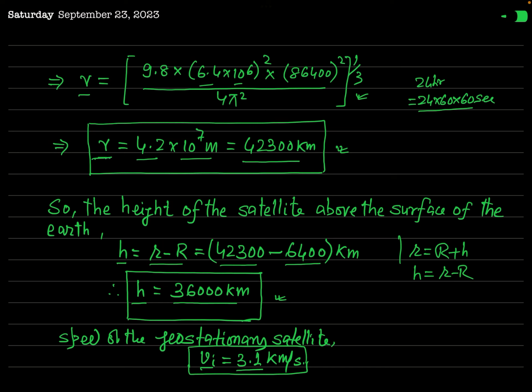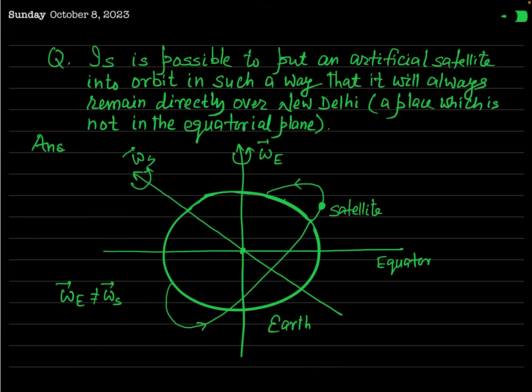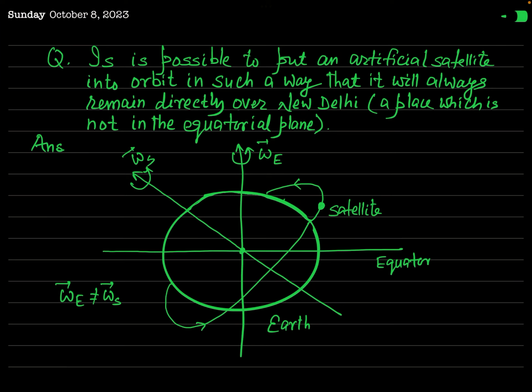Radius of the orbit of the geostationary satellite, which is 42,000 kilometer. Height of the orbit of the geostationary satellite from the surface of the earth, this is 36,000 kilometer, and the speed of the geostationary satellite is 3.1 kilometer per second. These are three important data. Now here I have